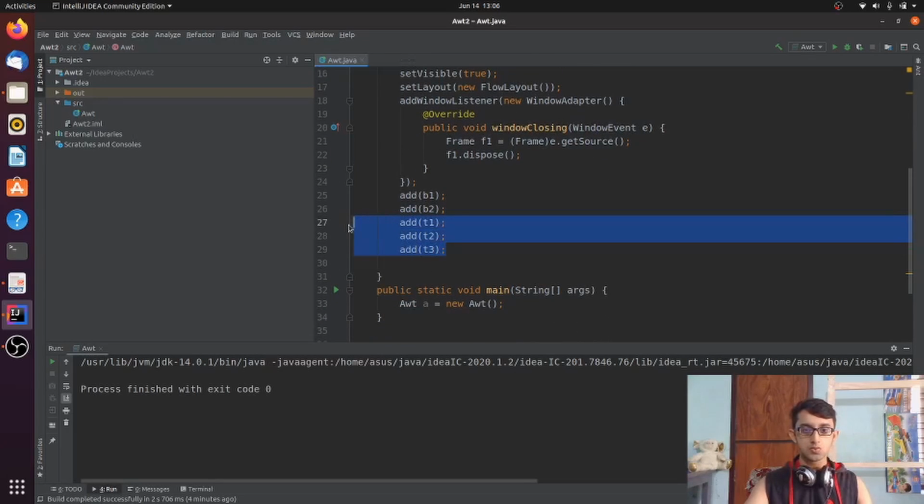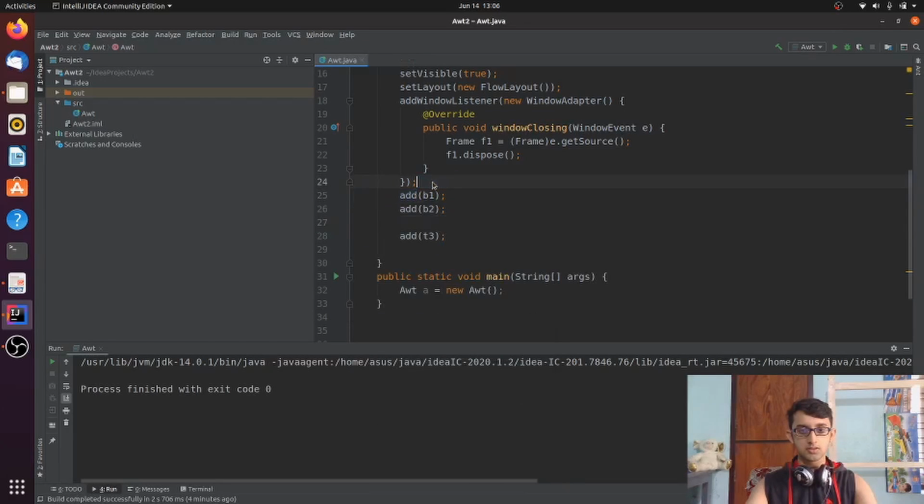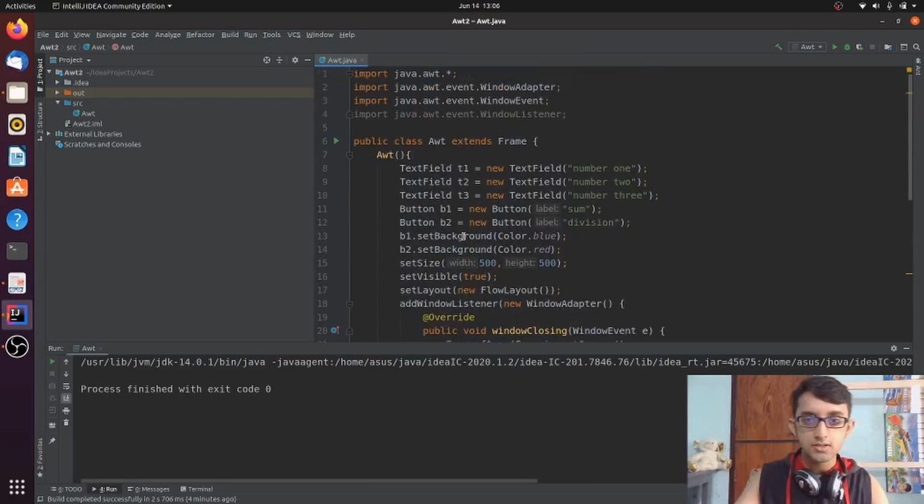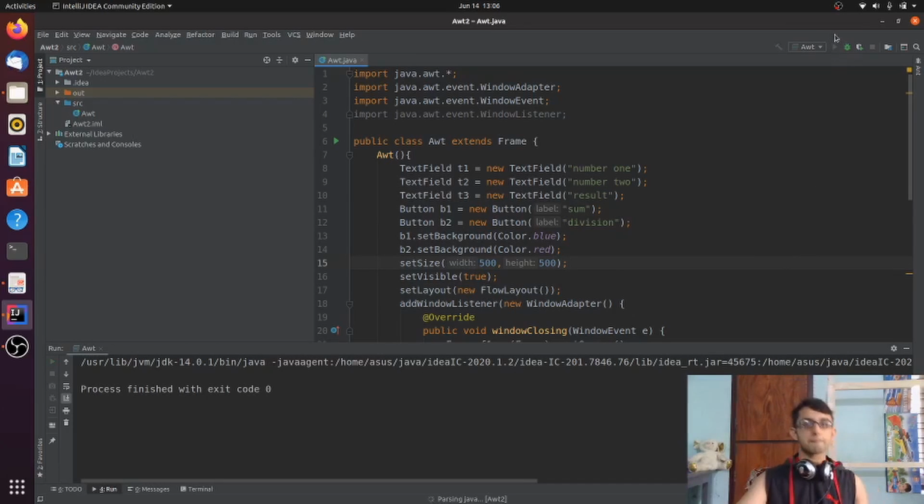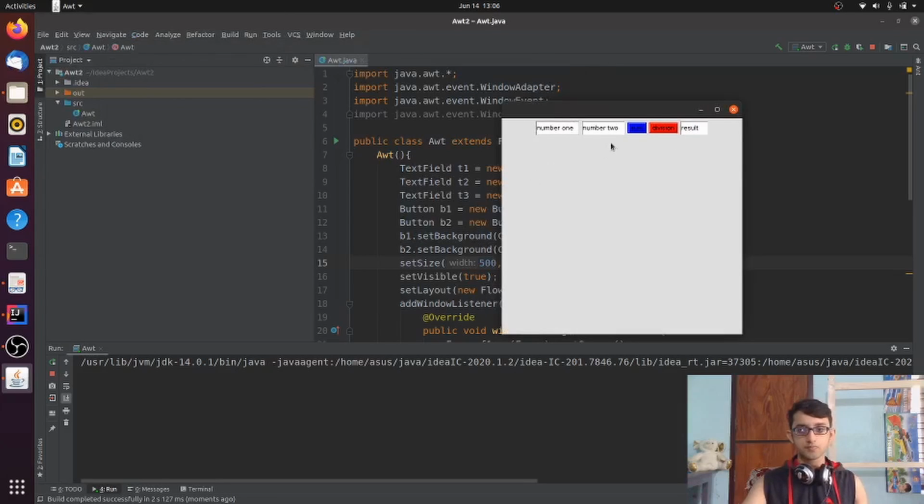Okay, these two text fields are supposed to be before the buttons. Cut, and let's paste here, delete, and right, number 1, number 2, and number 3. We have to print the result here. Okay, let's see. We have number 1, number 2, and number 3. Let's give a number like